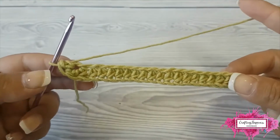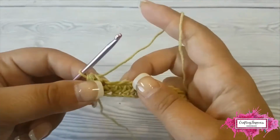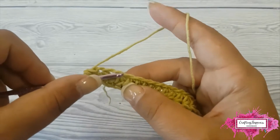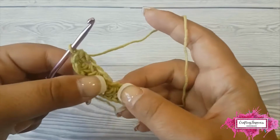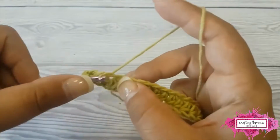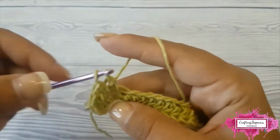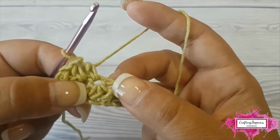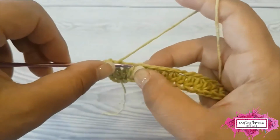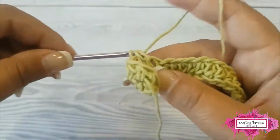So turn your work around, and now we're going to crochet on this side by making a half double crochet in each of the chains. So in each of these gaps right here, I make 1 half double crochet. And now you can see in that 1 chain we have 2 stitches, and half double crochet in each of these chains